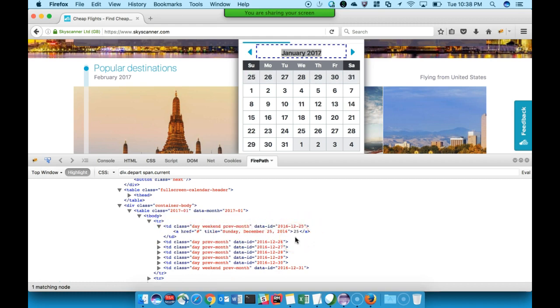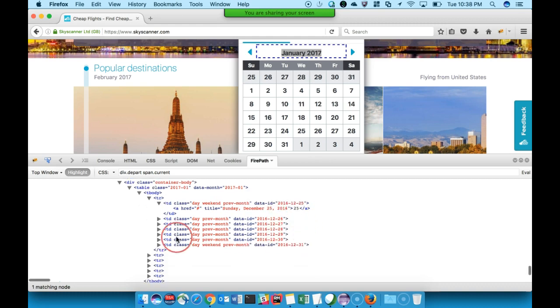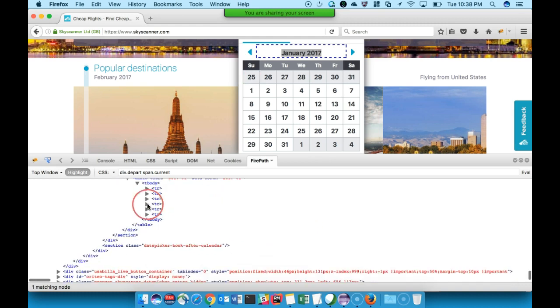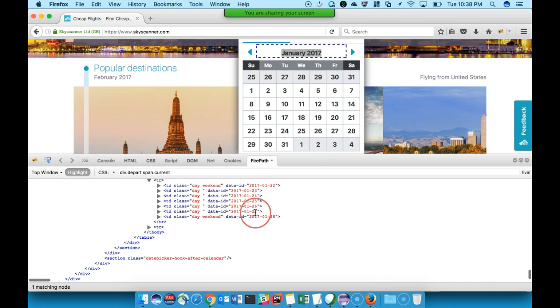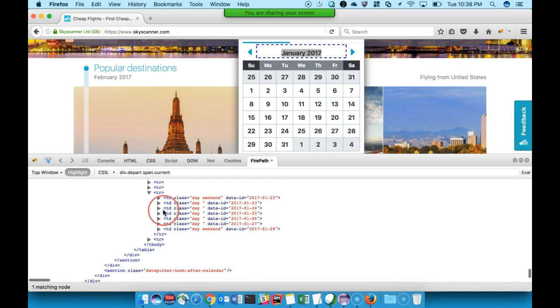Now when I say 30th of January, I think I'm going to find it in the next row somewhere. Yeah, this is something which we are looking at.